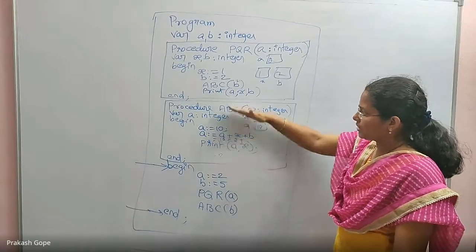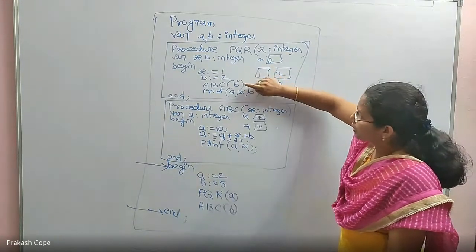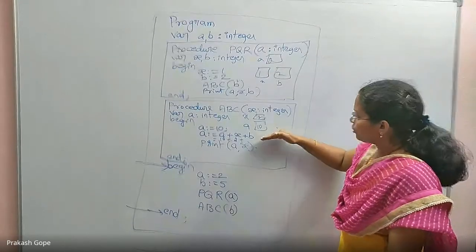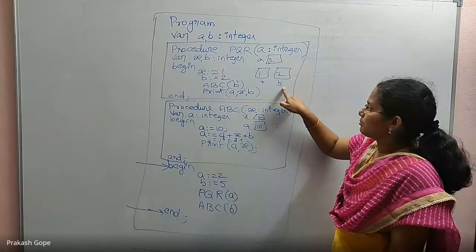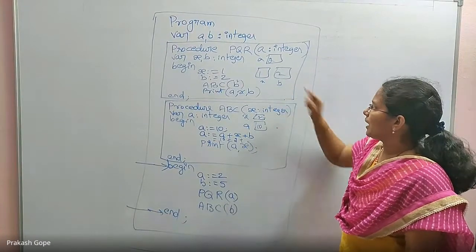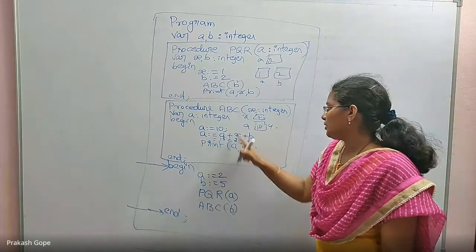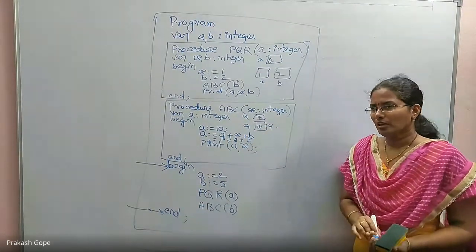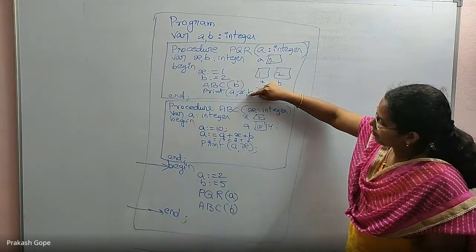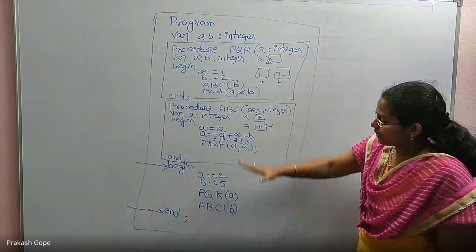You should access this B from its calling environment. I am executing ABC now. Who called ABC? The PQR call. Because of this call, I came here. Because you do not have the locally declared B, you should go to its calling environment, which is PQR, and access its B. This B is 2, so I will use this. So it is 14. It's updated and accordingly it prints. Execution completed, so I will go back to the calling environment and finish this procedure also by printing this.